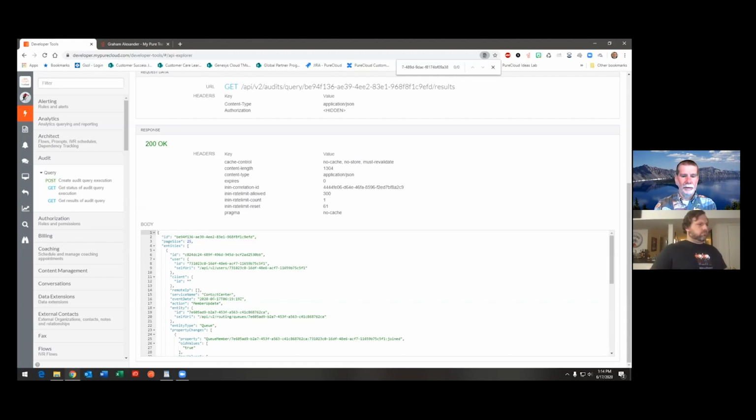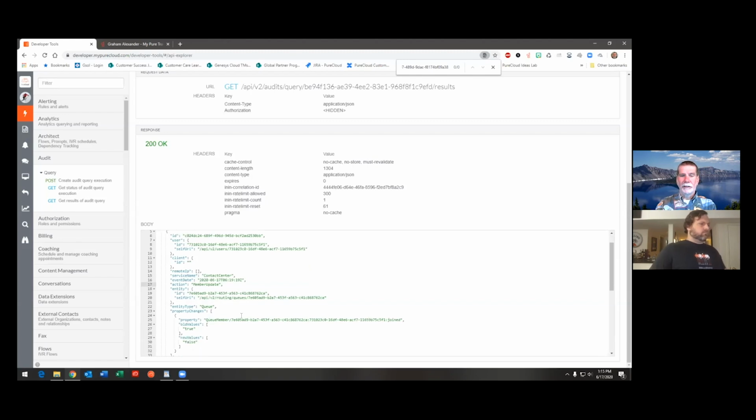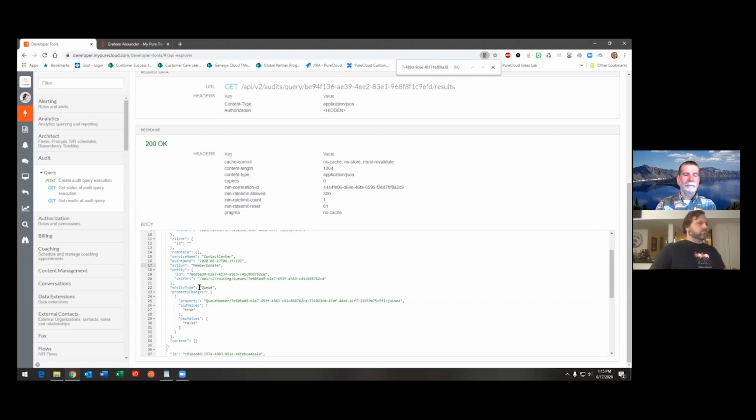This is all regarding this particular user. So all this information is what this user did. When I put in the user ID on the other page, I was telling the system I want to know all the things that this particular user did under Contact Center. So I can scroll down a bit, and I see here there's a member update. So it did something to a member, and it says the entity type is a queue, so he did something on a queue, and we can actually see here the thing that was done, the property is joined.